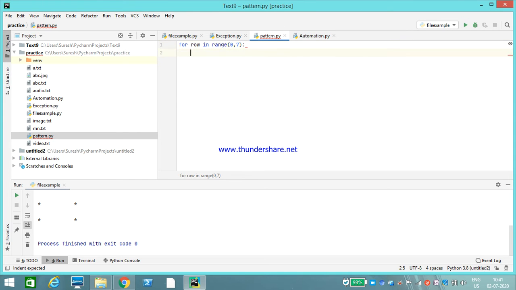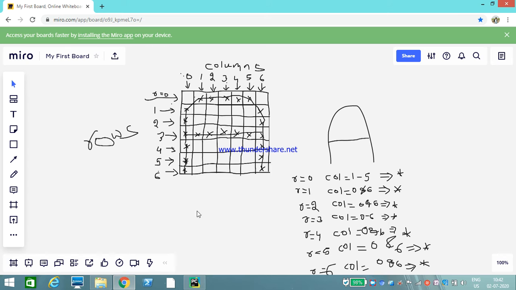Then how many columns have I taken? For column in range 0, comma 7, means 7 columns I have taken, right? This is just the rows and columns, taken without anything.